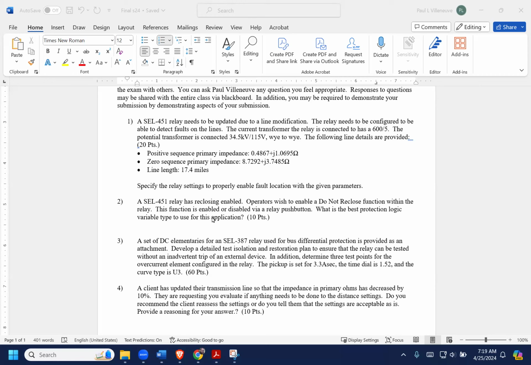The next question is, you've got an SEL 387 relay, which we know the 87 is a differential relay. It's a 300 series relay. With the 3, I would like to have you develop a detailed test, isolation, and restoration plan. So you're trying to go ahead and do testing inside the relay. And I don't need you to write the specific test. I just want you to write me an isolation plan and a restoration plan, which will helpfully prevent any external